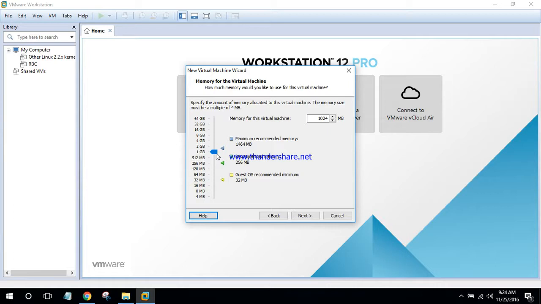But remember that you never exceed this limit, the maximum usable memory of 1464. Never do that, or otherwise your PC will crash or hang. I have chosen 1024 MB, where my maximum recommendation was 1464 MB. Next,